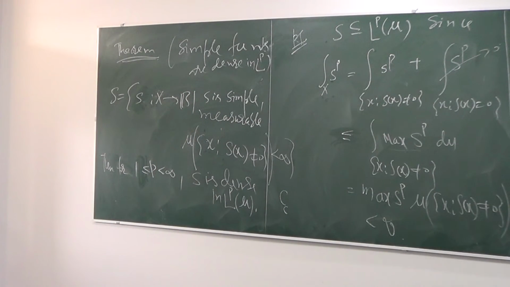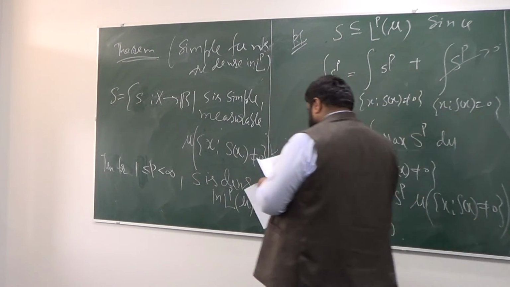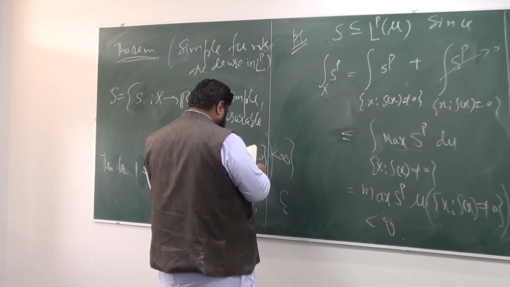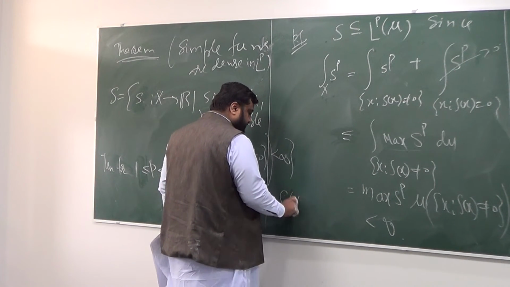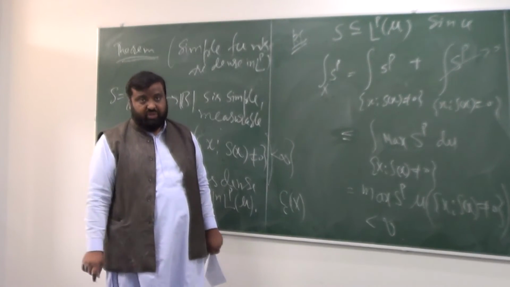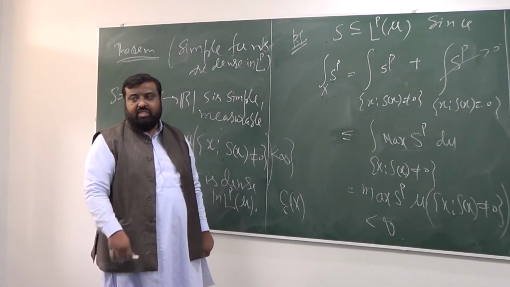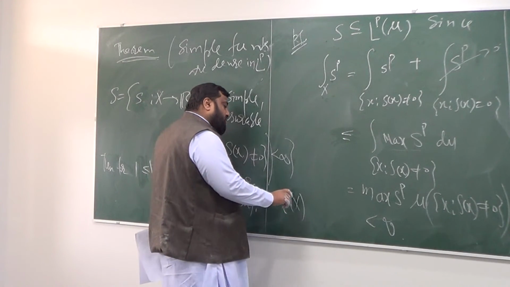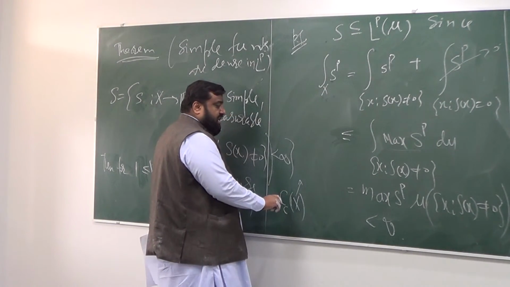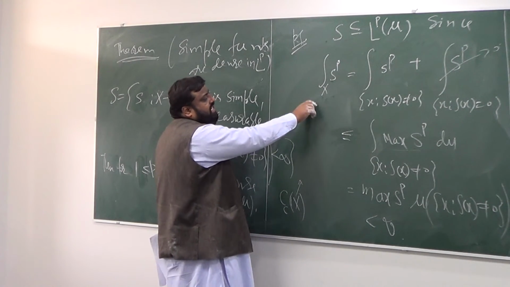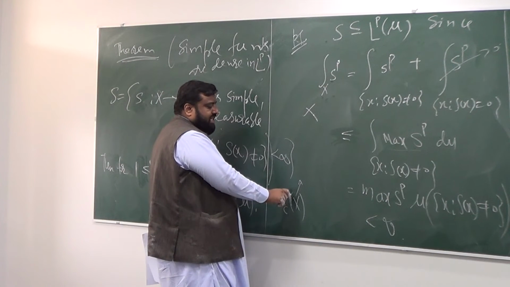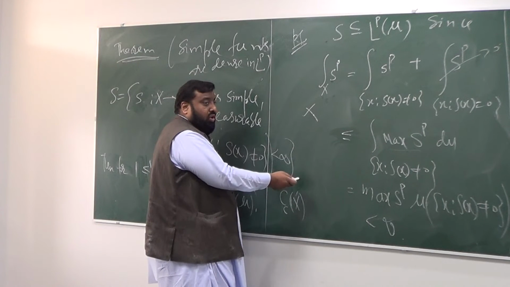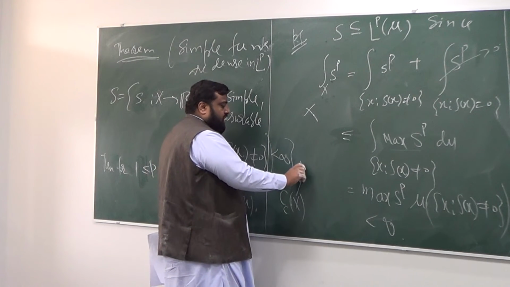So the space of continuous functions with compact support is also dense in L^p. I'm not proving it, but that's another space. But you need to have one assumption. This is true in general no matter what X is, but this is going to be dense in L^p not for all X, but for the X which are locally compact.